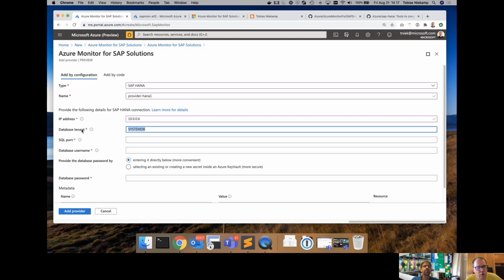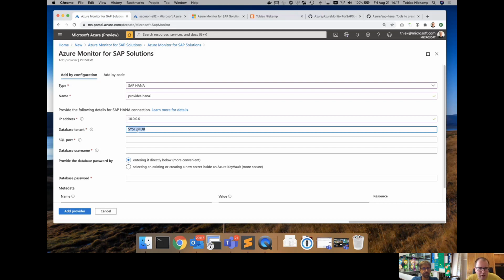You want to use typically the systemdb tenant, if you use an MDC enabled HANA database, which I think are probably 95% or higher of all HANA databases now. I don't think we see a lot of single database container based HANA installations anymore.